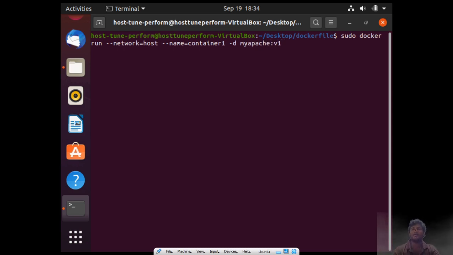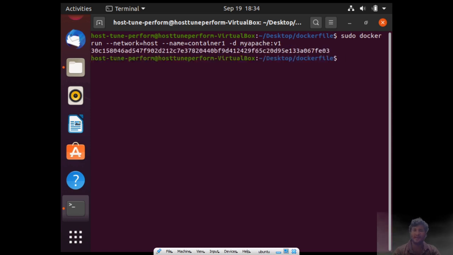So this is what it is, and I will hit enter. So you can see that we have run a container, but we have not mapped it with the host machine using the -p option, but we have changed the network type to host.